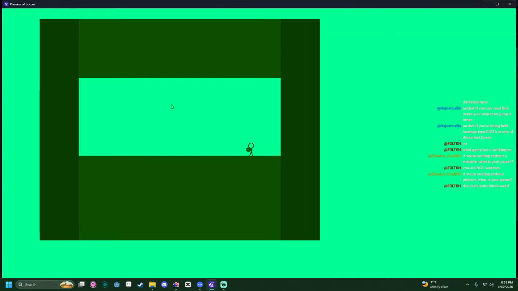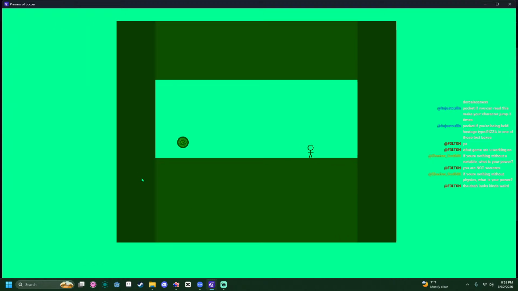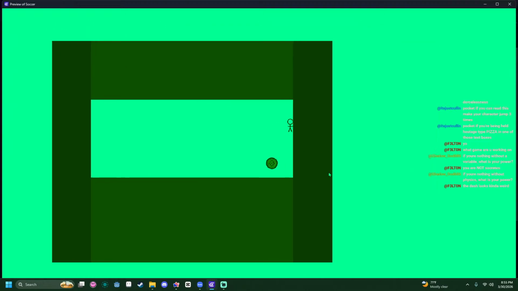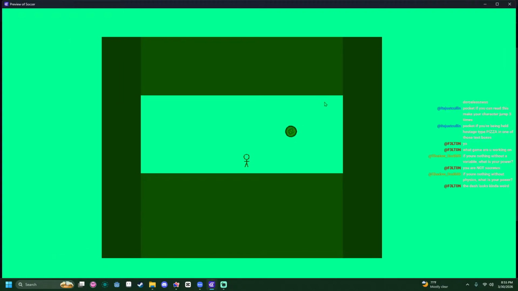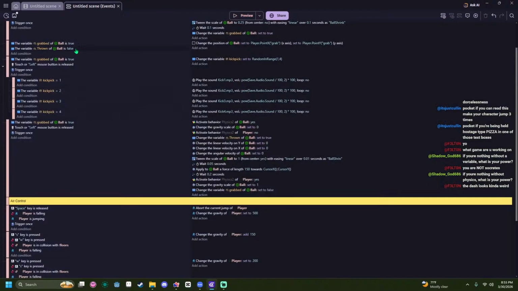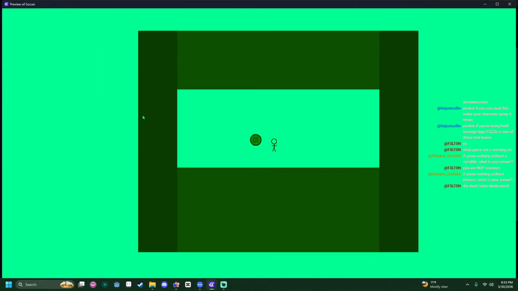There we go. It's only playing 2 of them. There we go. You know what we should do? We should change the dash based off the distance between the player and the ball. But I'll do that in a minute. That's gonna be a good bit of math.